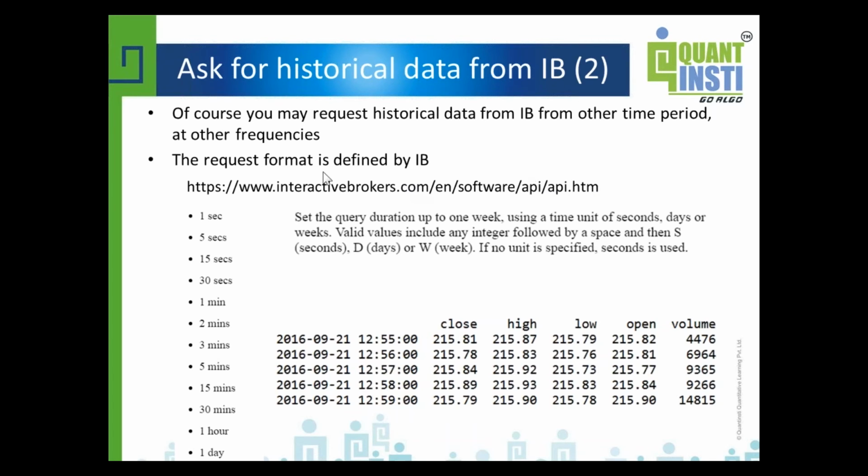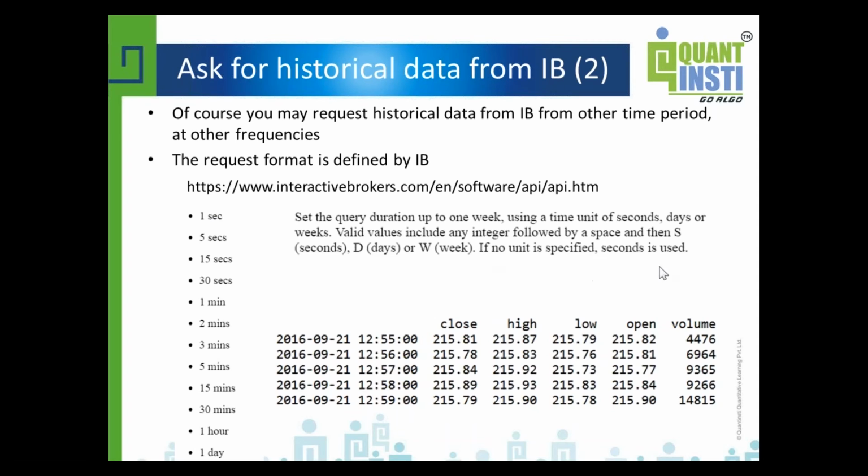Here is the list of time gaps you can request. IB supports from 1 second to 1 day. Here's the format. You can specify the go back period. For example, S means seconds. D, as I used, is for days, and W stands for weeks.